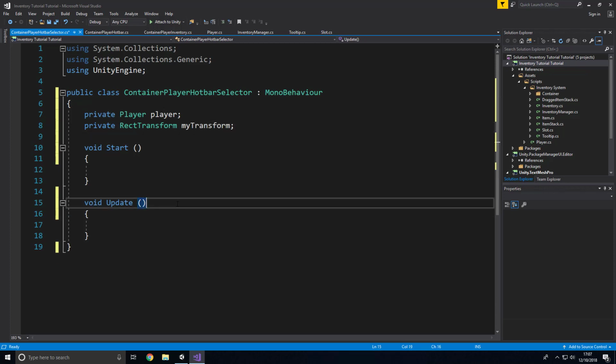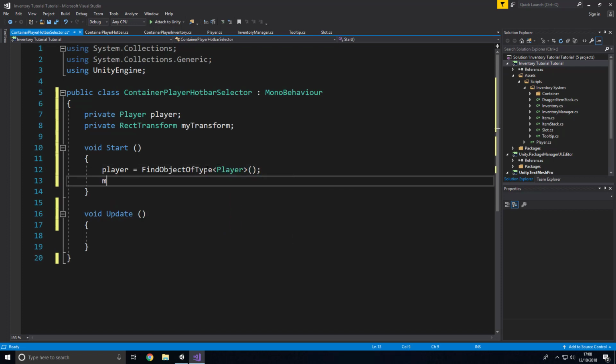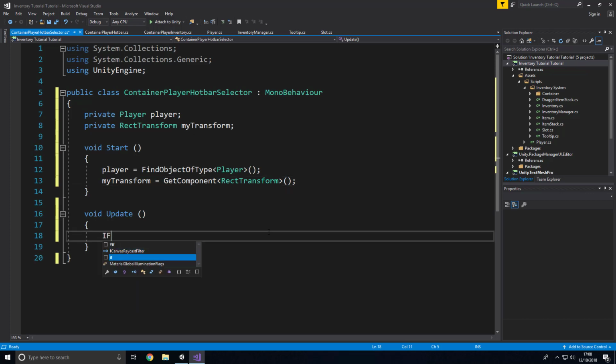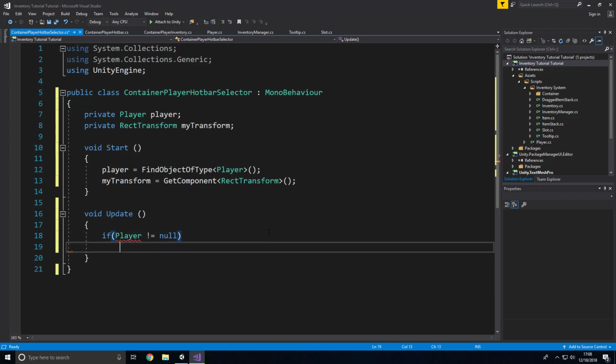So now in start we can say player is equal to find object of type player in the scene, and also my transform is equal to get component rect transform, like so. And in here we can say if player does not equal to null, so we have actually found one,